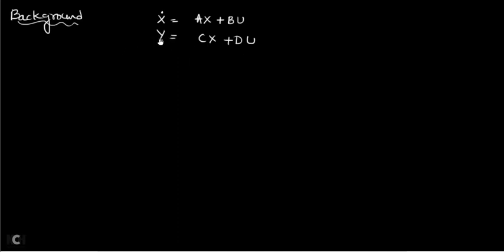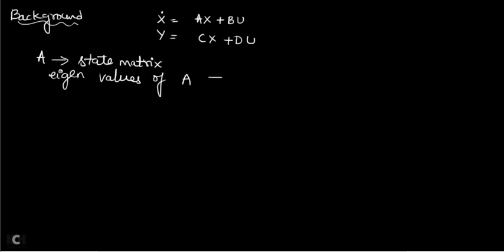So here we are very much worried about this matrix, the state matrix called A. So this A can be called the state matrix, and your control system stability depends upon this A matrix only. So by seeing this A matrix, we can tell whether the control system is a stable or unstable system. Why? Because whatever the eigenvalues, you know how to calculate eigenvalues from the previous video lecture. So whatever the eigenvalues of the state matrix A are nothing but the poles of the given control system. And you know that the stability of a control system depends on poles.